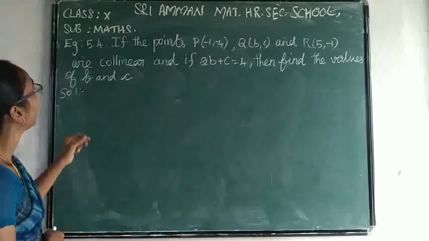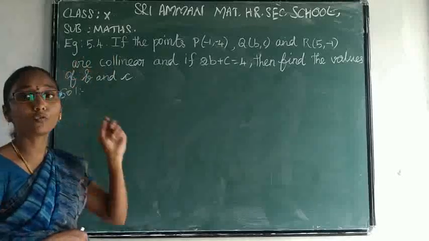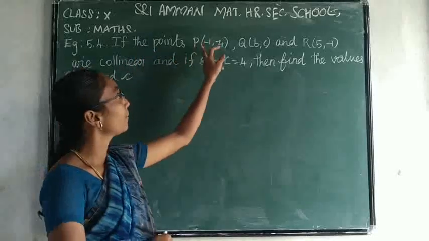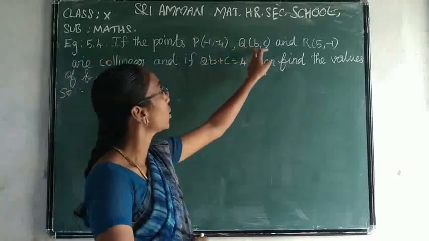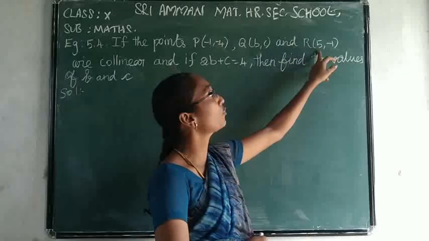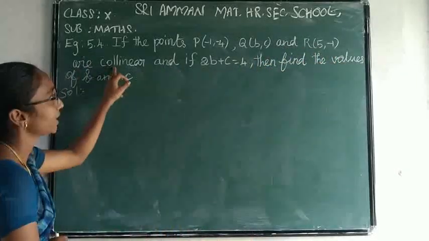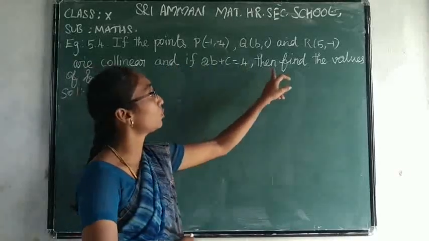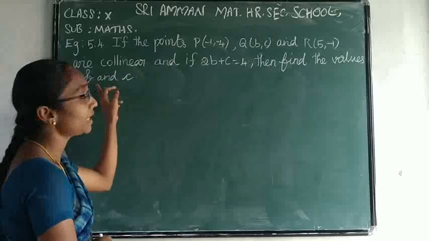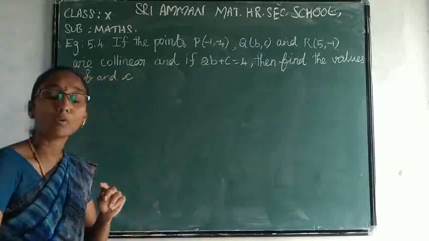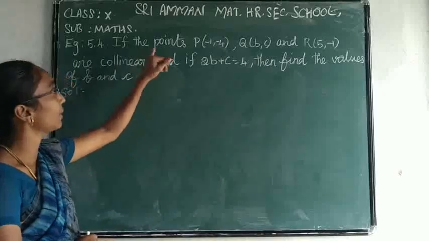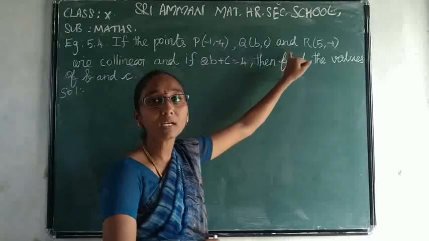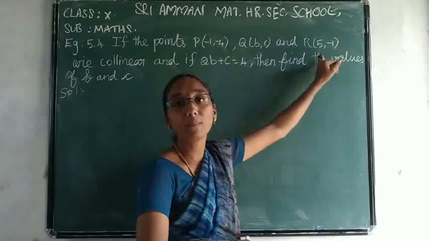Do you understand? Next, example 5.4. If the points P of minus 1 comma minus 4, Q of B comma C and R of 5 comma minus 1 are collinear, and if 2B plus C equal to 4, then find the values of B and C. Read once again slowly. If the points P of minus 1 comma minus 4, Q of B comma C and R of 5 comma minus 1